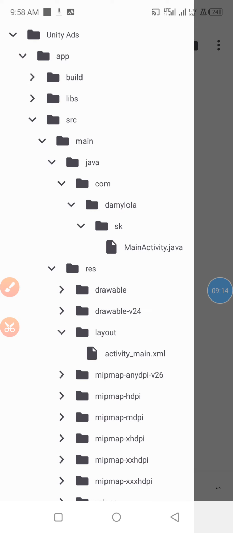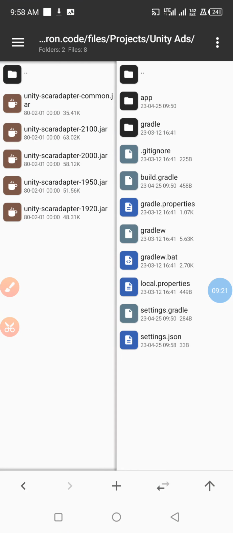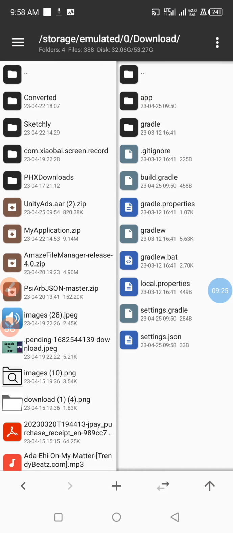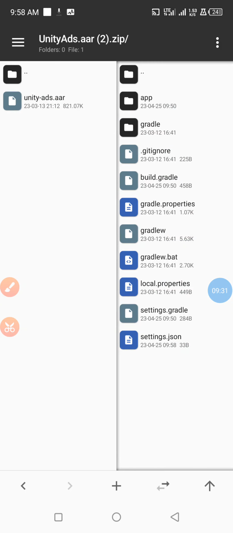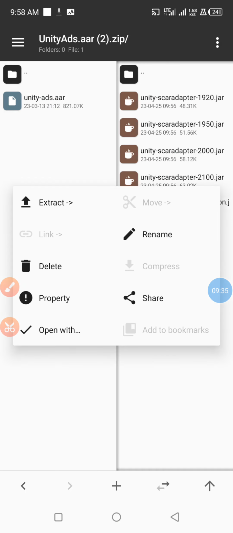So since it hasn't been downloaded, I guess that is why 4.6.1 has not been updated in the URL. So another thing we're going to do is we're going to extract the rest of the libraries. Since it hasn't been downloaded, we're going to extract these libraries this way